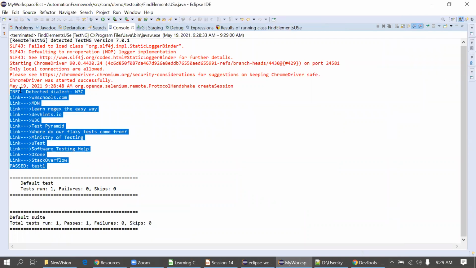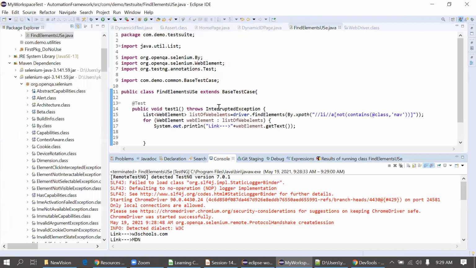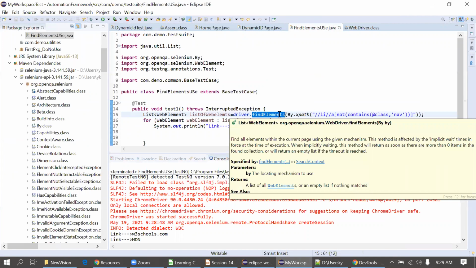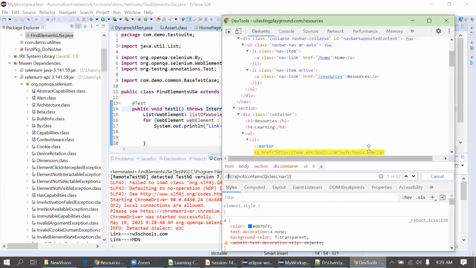The intention is to tell that find elements can be used to get multiple web elements from the UI. For finding the pattern for XPath, we have to look into the anchor tag, the list, the class. You can look for the class name as well. In some cases it's active, in some cases there is no active.